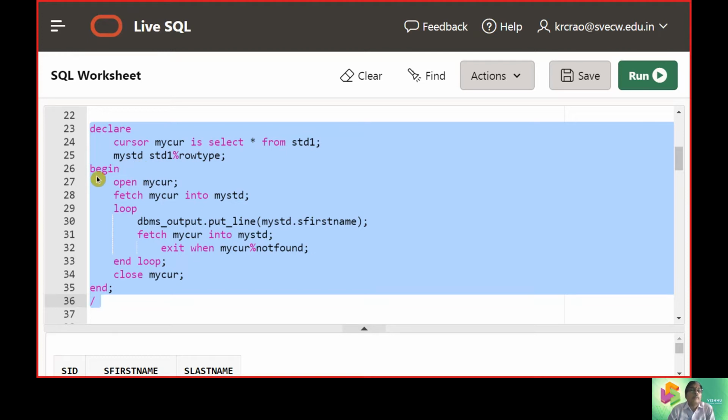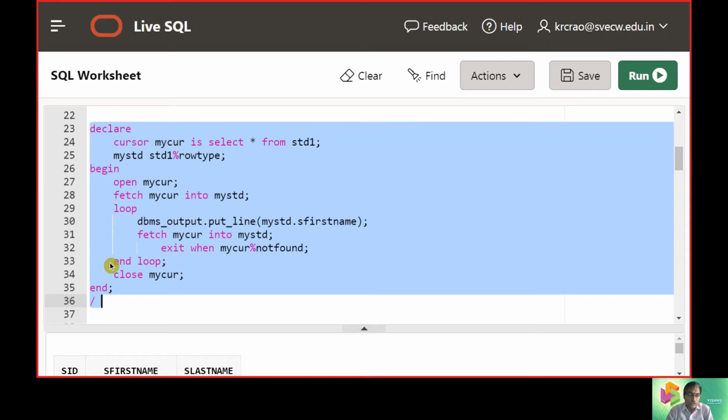Then we mingle up with a PL/SQL procedure with declare, begin, and end. So if we are using an explicit cursor, definitely we should make a cursor declaration. Cursor declaration, we made it in the cursor part. Then we are opening the cursor, then fetching the content into the cursor name.